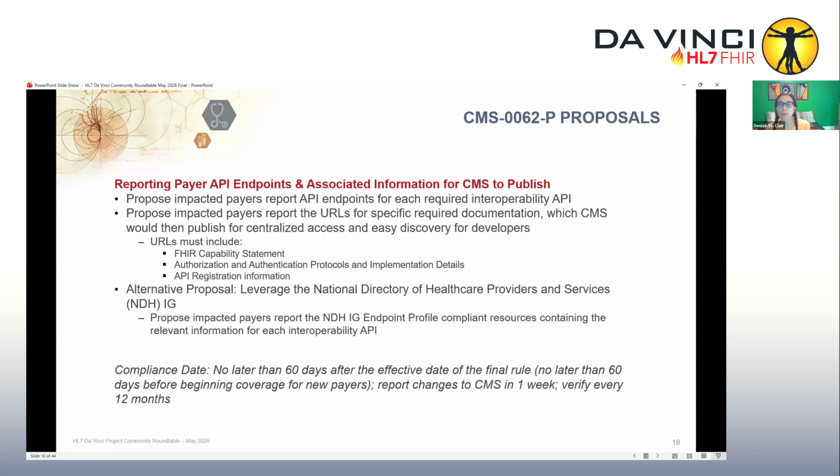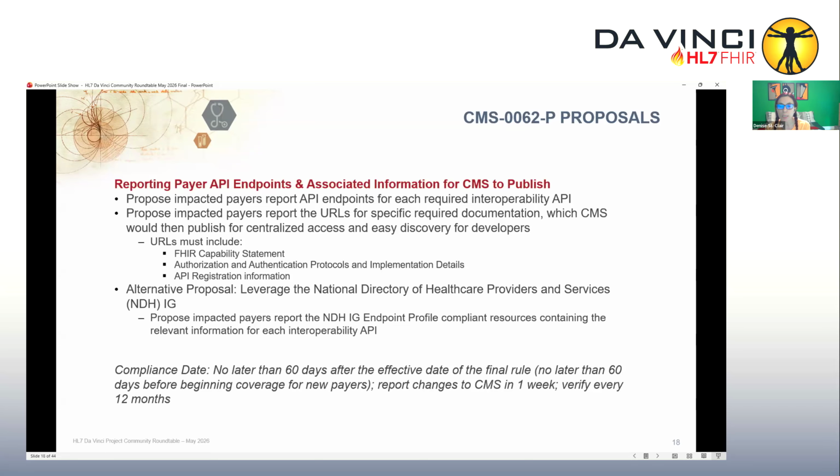And the idea would be for CMS to publish this information in a centralized location that could be easily discoverable by developers. There's an alternative proposal in the rule to leverage the National Directory of Healthcare Services, the NDH implementation guide, specifically the endpoint profile,